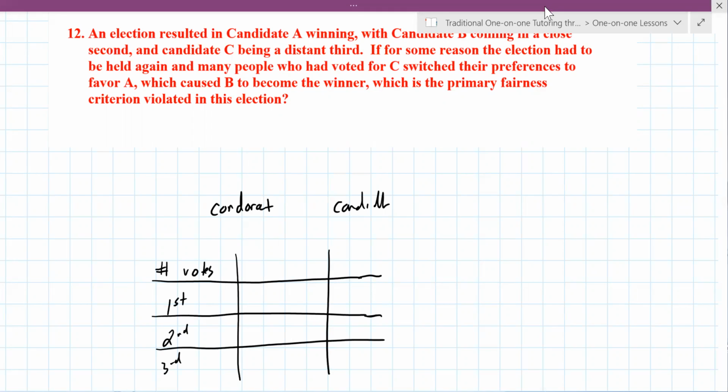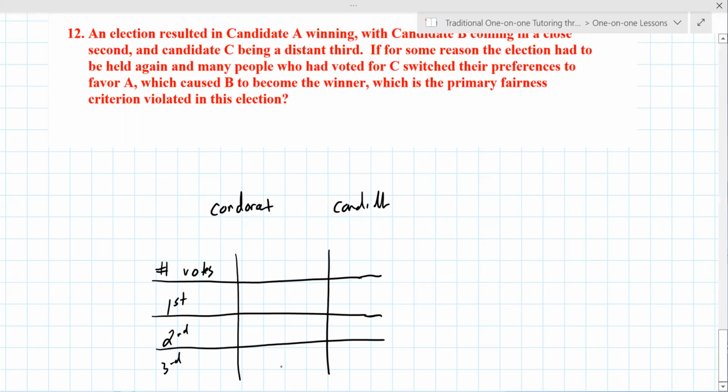So let's see here. Maybe we just reuse the numbers that we had before. So 8, 7, and 6. I'm not sure, because I thought the numbers here would change, but we know that when we did this before, B won in both of these. So the idea here is that B still wins,